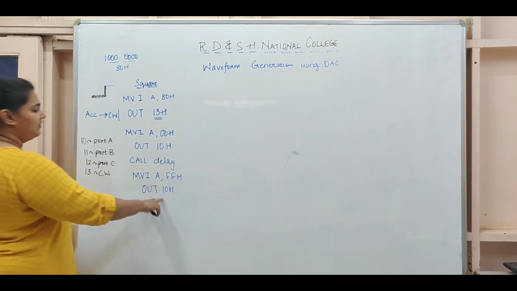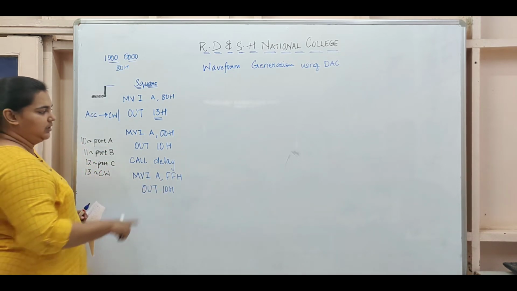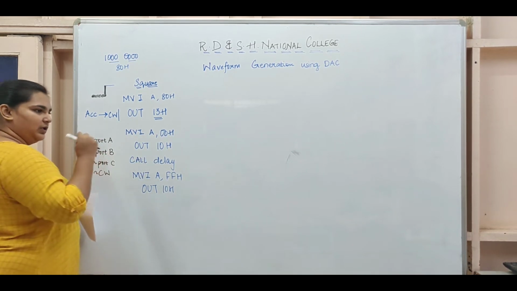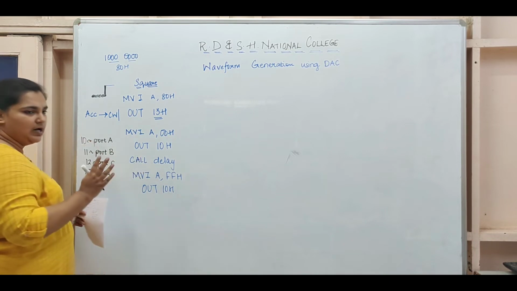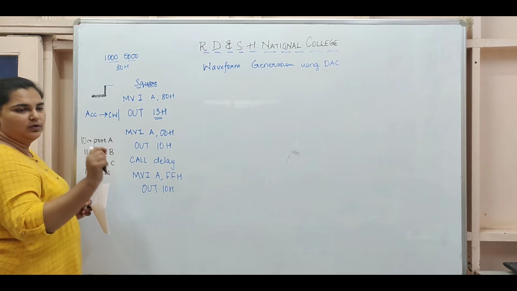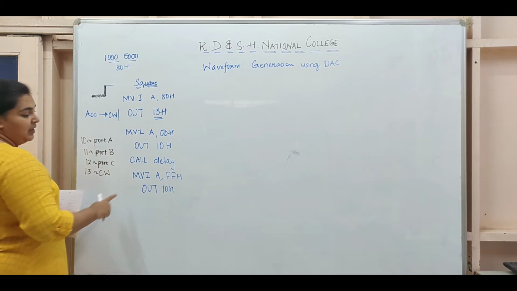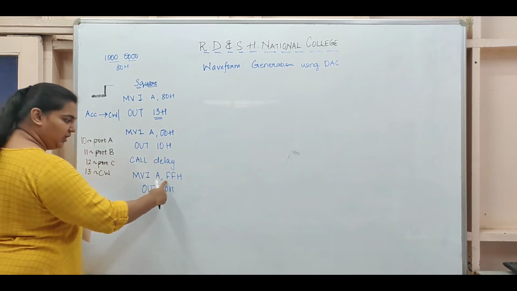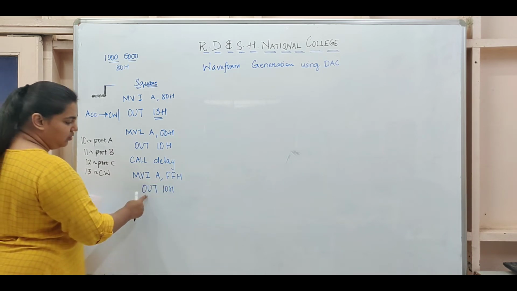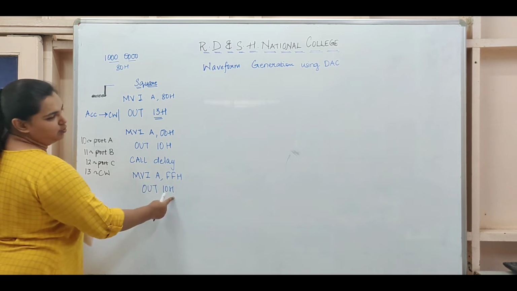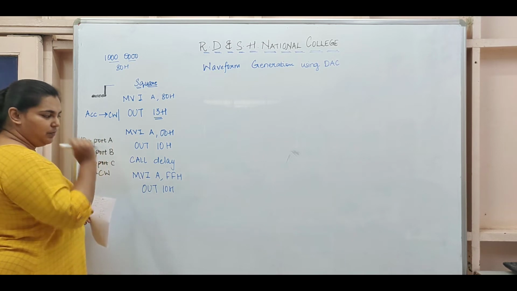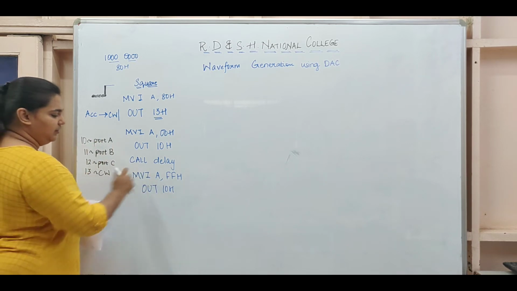Now I am changing the value, that is why I am again giving to port A. Here I was not changing the value, I was continuously giving 0. So even if I spend 4 hours here, the processor will keep giving 00 to port A, which will give it to the DAC. After whatever delay time, I am changing the value and hence I change this again to OUT 10H. So now accumulator value FF will go to port A, and however much time I stay here, port A will continuously be receiving value FF.